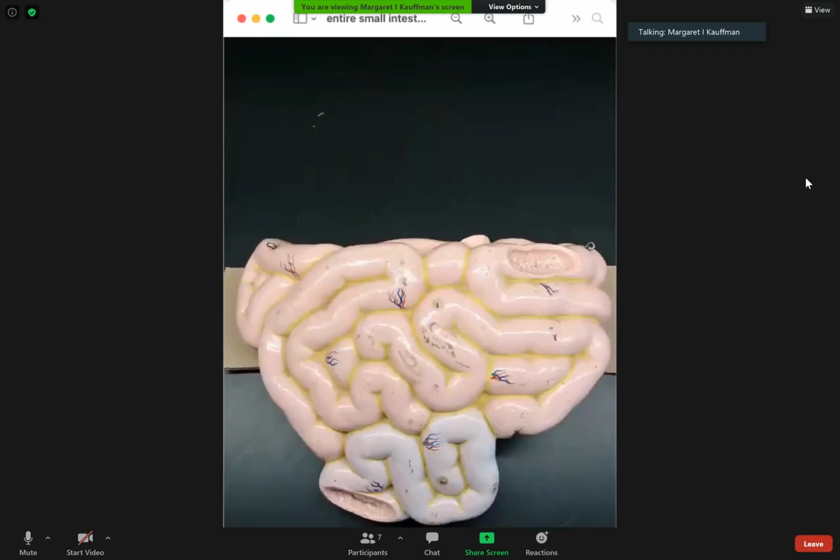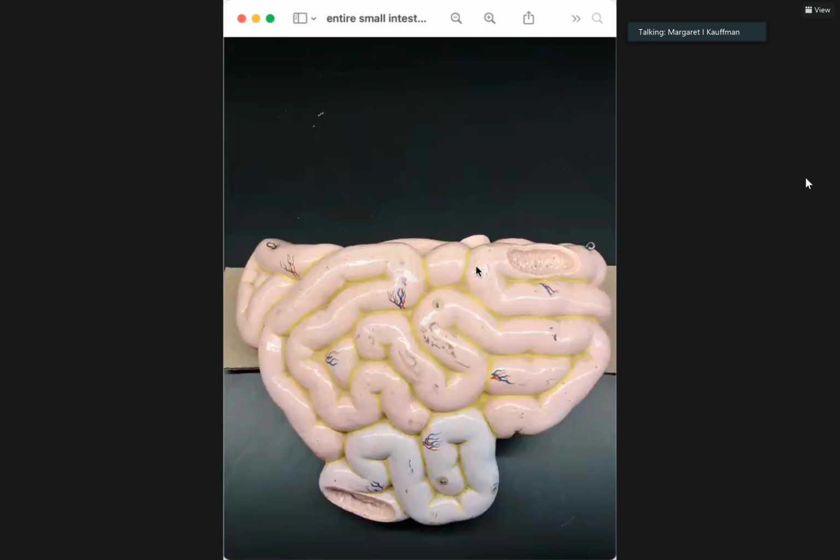Okay, so let's go. We have the entire small intestine here. There's not a lot I can ask at this power, but at least you can see that they've made a couple windows here. This is, I think, meant to be the window into the duodenum, and this one was certainly into the ileum. So the yellow is mesentery,